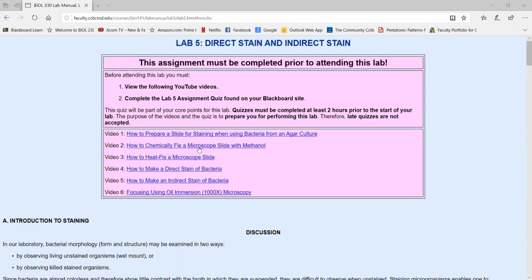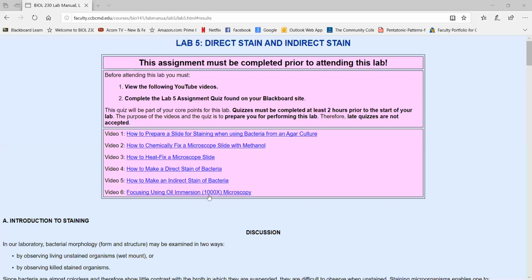There's a short video on how to chemically fix a microscope slide using methanol, but we're not going to use the chemical method, so it's there more for information. We do need to know how to heat fix a microscope slide. Once we prepare the slide for staining, then we have to heat fix it so the bacteria are not washed off the slide. There's a video on how to make a direct stain and how to make an indirect stain,